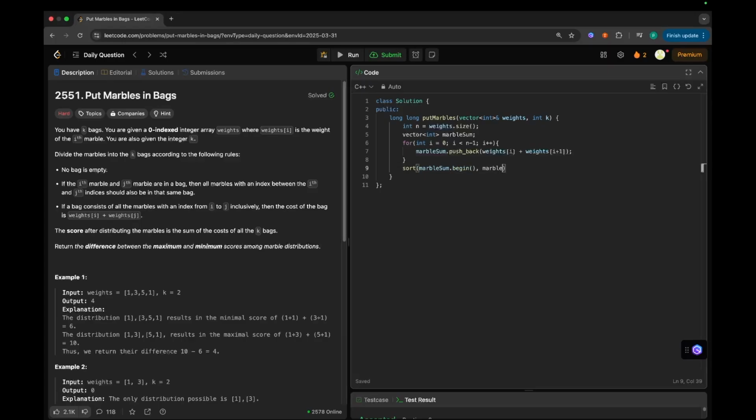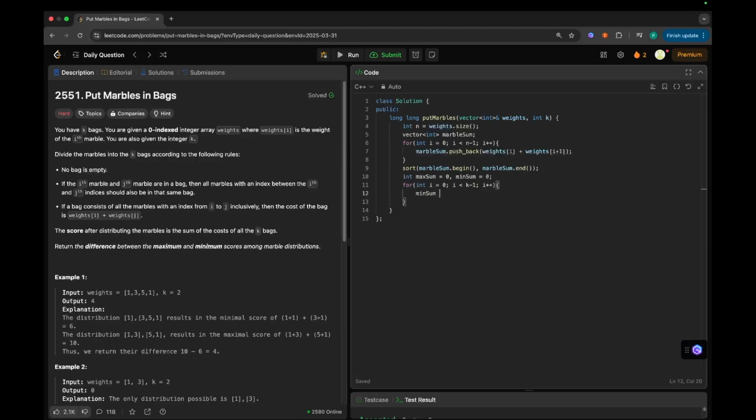You can also use the priority queue. I will show the code for that as well. And after that, we need to access the k elements, so i less than k. Let's define two variables, max sum equal to 0 and min sum equal to 0.